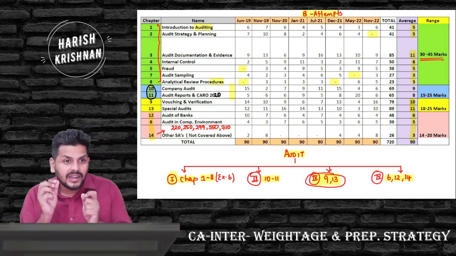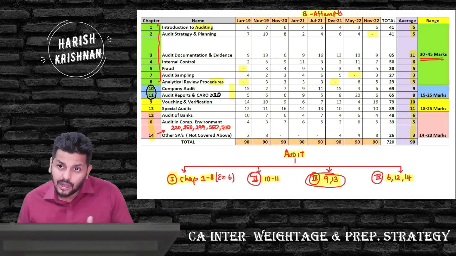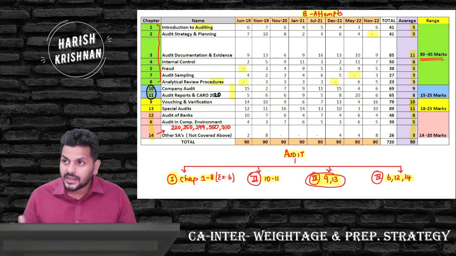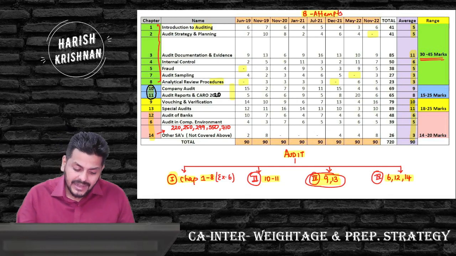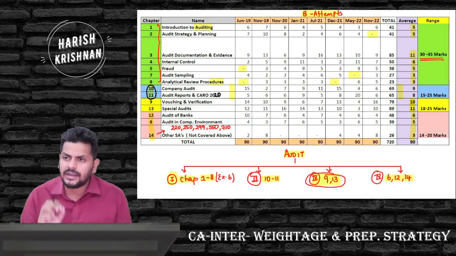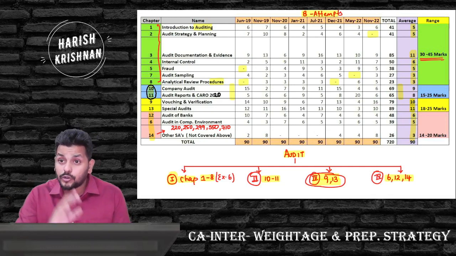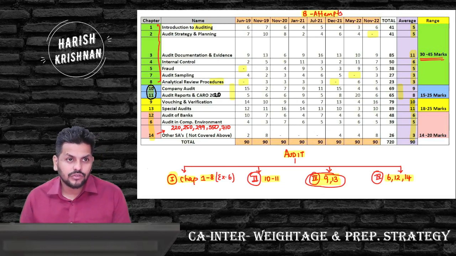So you can see, depending on the size of the chapter, the marks are also there. So the averages talk a lot about these things. I generally don't encourage people to do analytical procedures towards the end, which is exactly why I'm doing it now itself and putting forth all this, so that it makes your life easy and you know where your attention should go. Chapters 9 and 8 are 10 marks each on average. You can say that, rounding off to 10, it is there from company audit and audit reports, plus the scope of MCQs coming from there. So you are definitely not supposed to miss those chapters.